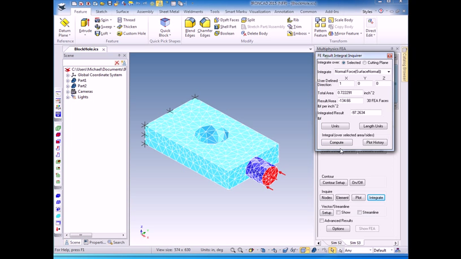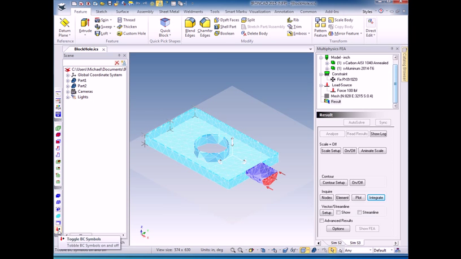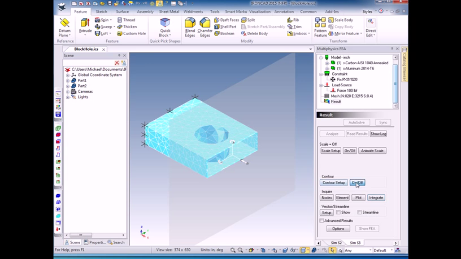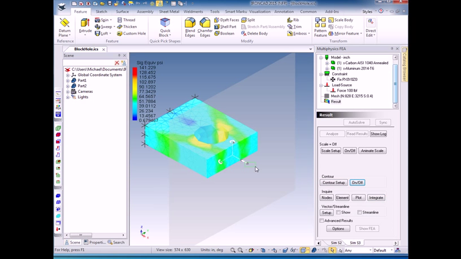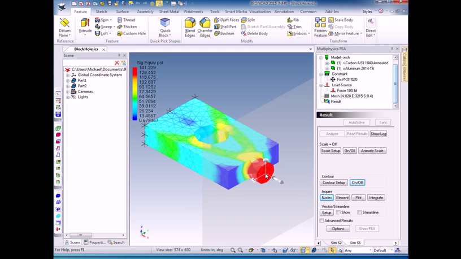And this tells me that the normal force is almost, there's some mathematical approximations in here, but it's about minus 97, so it's close to the 100 pounds that I'm applying. I can also bring up my cutting plane, set it for the YZ direction. Here we go, YZ, and turn this on. Okay, here we go. I can move this around, and then for a section of the model,